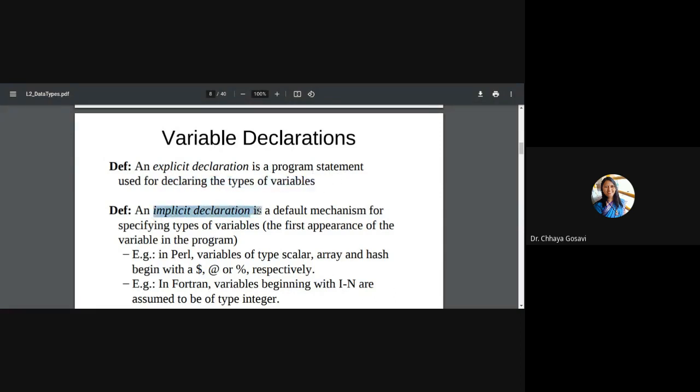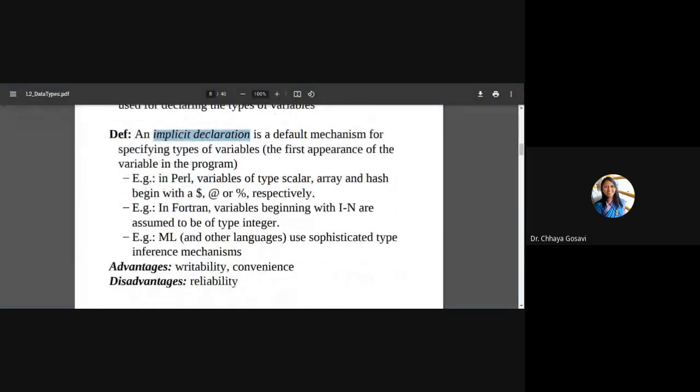And what is implicit declaration? Like in Python, we don't declare any variable. We just assign the value, roll number 13. So it will take roll number as integer, or name equal to Chaya. So we can say that name is of type string. So by default, whenever we assign a value, the language automatically assigns a type to that variable. That is called implicit declaration.